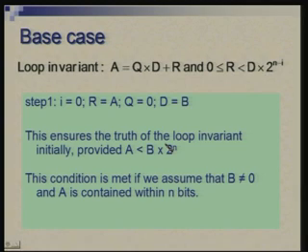Now, how do we meet this condition? See, initially r is same as a and d is same as b, and i is 0. So, in order to ensure this, what we need is a should be less than b into 2 raised to the power n. Okay. So, if we assume that a is an n bit number, and b is not 0, so b is at least 1, then a is less than 2 raised to the power n, or a is less than b into 2 raised to the power n. So, this is satisfied if we choose a as an n bit number.